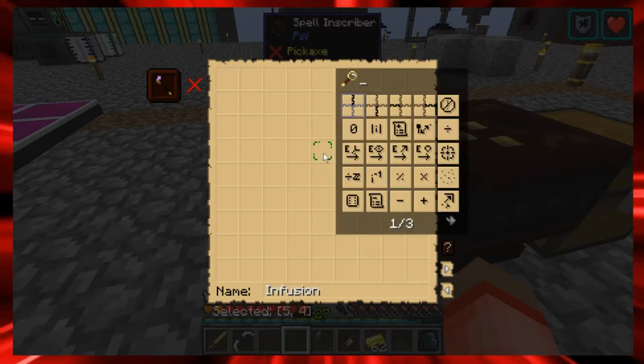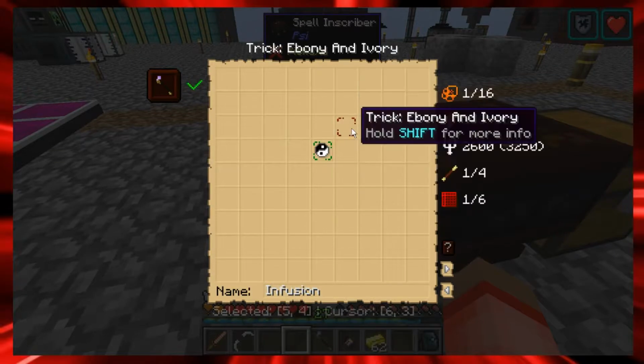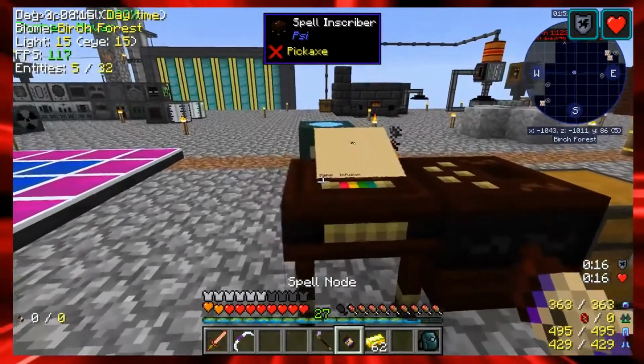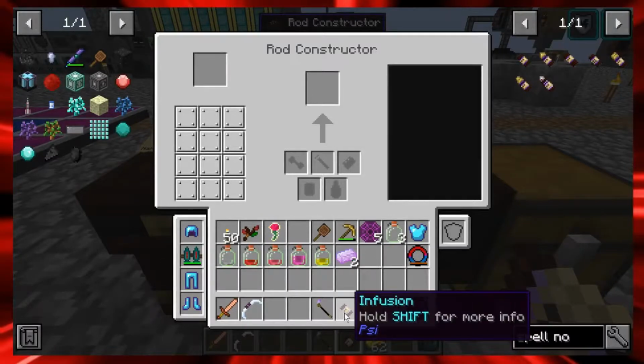But if I right click, it opens all my tricks here, and I'm going to go ahead and choose the ebony and ivory trick. So that is currently set in the spell inscriber. I'm going to right click on the inscriber with a node. Hear the sound. And now I have a node that has